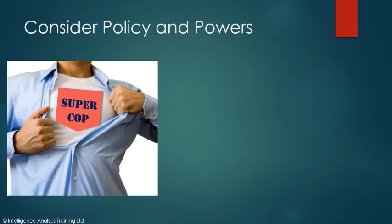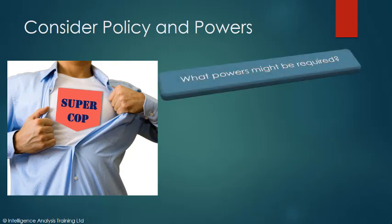Consider policy and powers. This stage involves considering what powers, policies and legislation might be applicable in a particular situation. You should consider what legal powers are needed or may be used. For example, an operational police officer might exercise a power of arrest, a power of entry, power to search, and